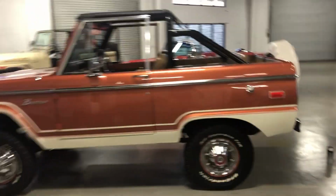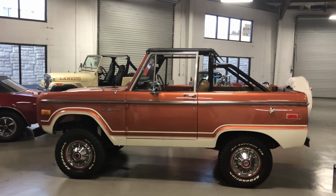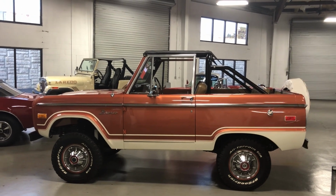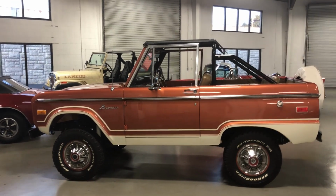If you're in the market for a Bronco, and you love the original, uncut, slightly lifted style, this one's a real beauty, a lifted, uncut Bronco. This baby is one you do not want to miss. If you have any questions, feel free to give me a call. My number is